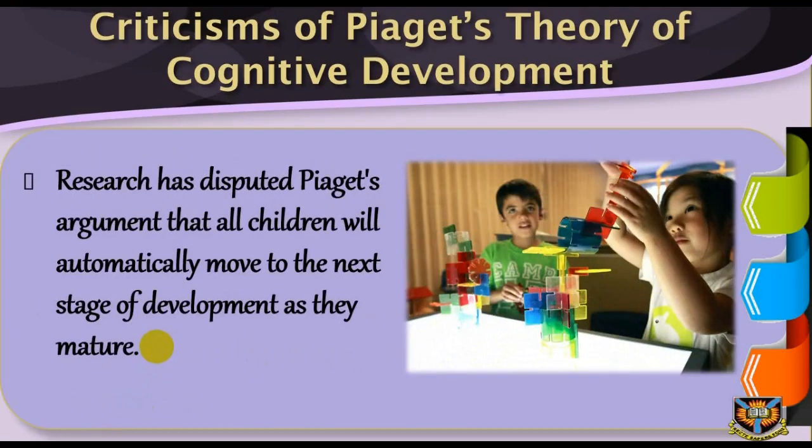Recent research on theory of mind has found that children of 4 or 5 years old have a rather sophisticated understanding of their own mental processes as well as those of other people. For example, children of this age have some ability to take the perspective of another person, meaning they are far less egocentric than Piaget believed.